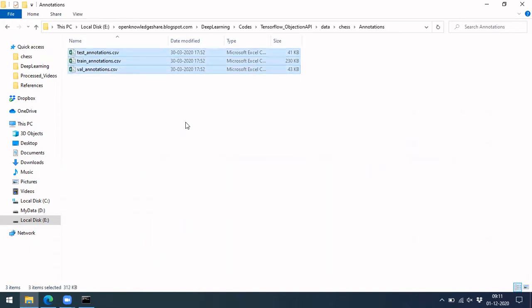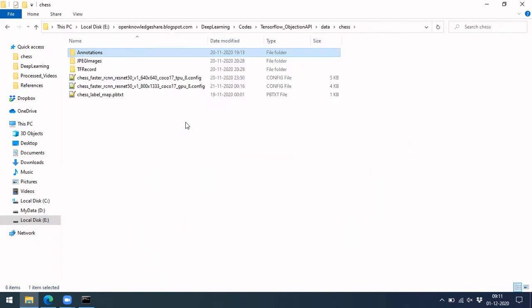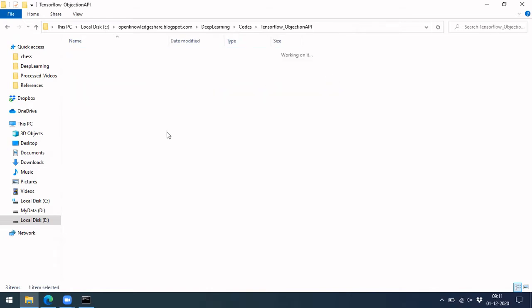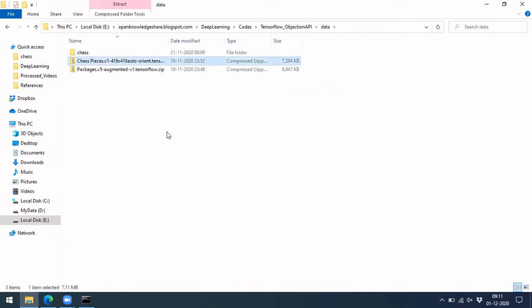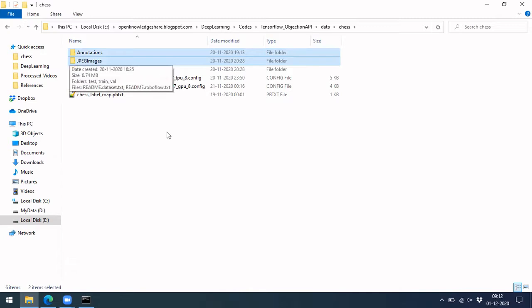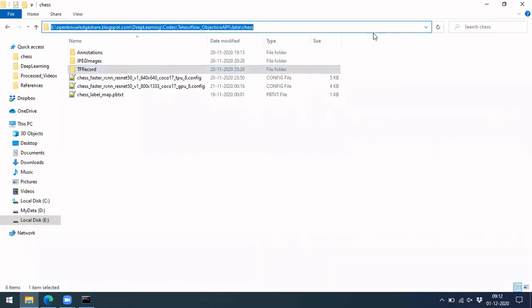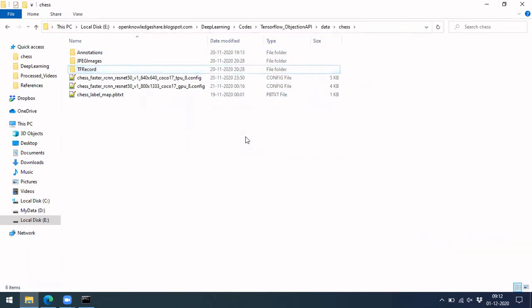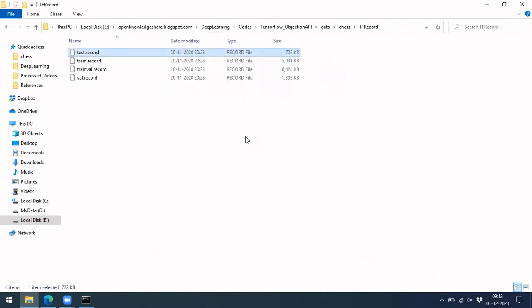Okay, this is done even for test and validation as well. So these two will be available once you download. These are the things which you should be generating by yourself. For doing this, I created a script where we have to just give the path of this data where it lies, and with this folder we have to give this folder path here. Using this path, it will generate a TF record.